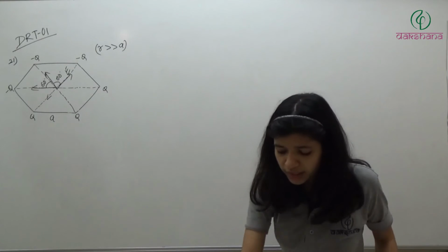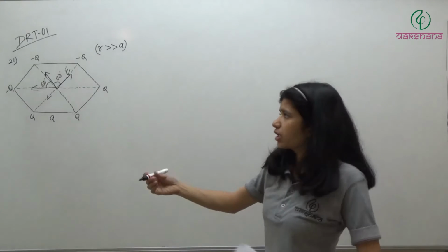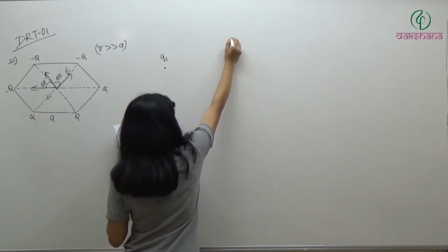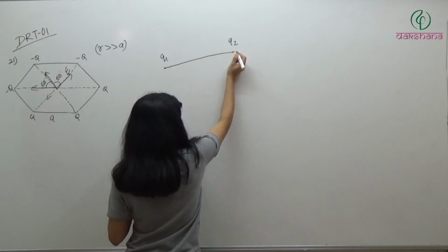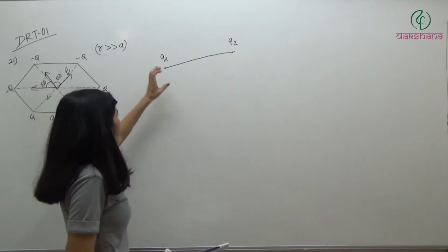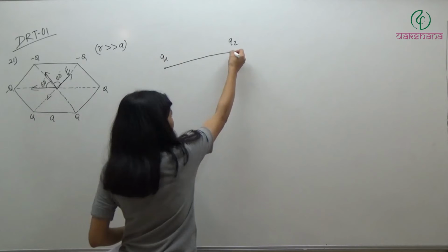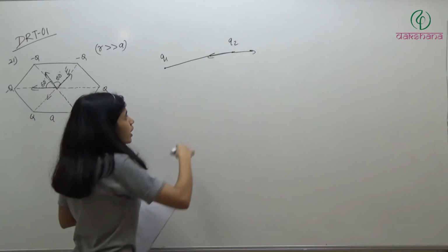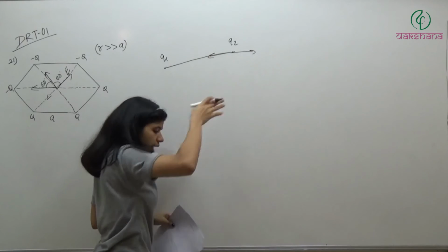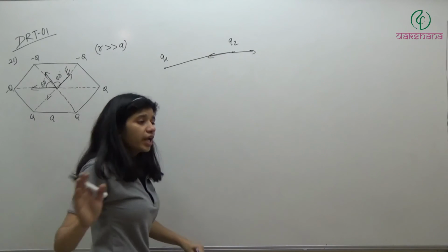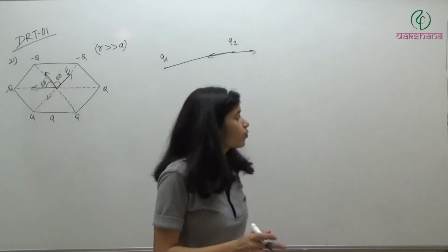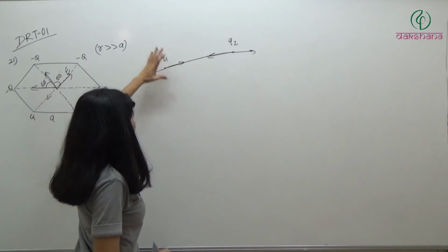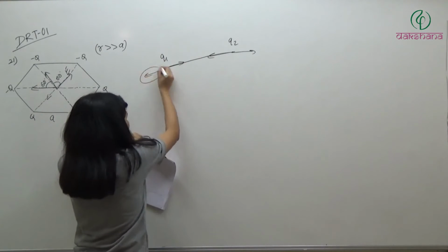So if we have two charges, definitely we can say they are on the line. Just connect them. So let's say it is Q1, this is Q2. So they are in the line. Now it will apply some force on this. So it will be either in this direction or in this direction. If Q1 is applying some force on Q2, it will be either along the line in this direction or in this direction. Definitely it is going to be parallel to the line. Similarly on this, force will be something like this or like this. So let's say because of Q2, force on Q1 is this one.